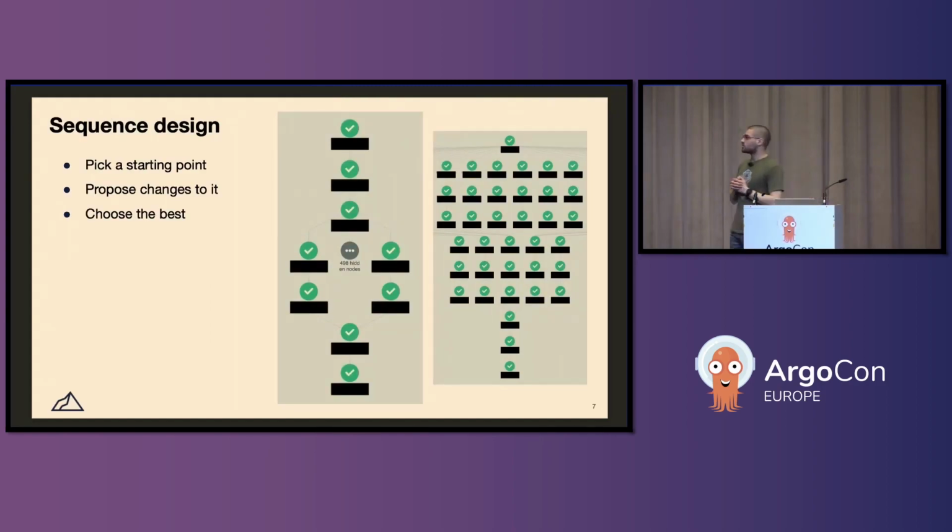So sequence design. The main problem of sequence design is to pick a starting point, as I mentioned, one of those naturally occurring viruses, and then you propose some changes to it via whatever approaches, and then you choose the best among them. So here I have 2 example workflows. The one on the left has about 500 pods running at the same time, and those pods are actually all proposing modifications to those sequences, kind of exploring this space of available sequences,